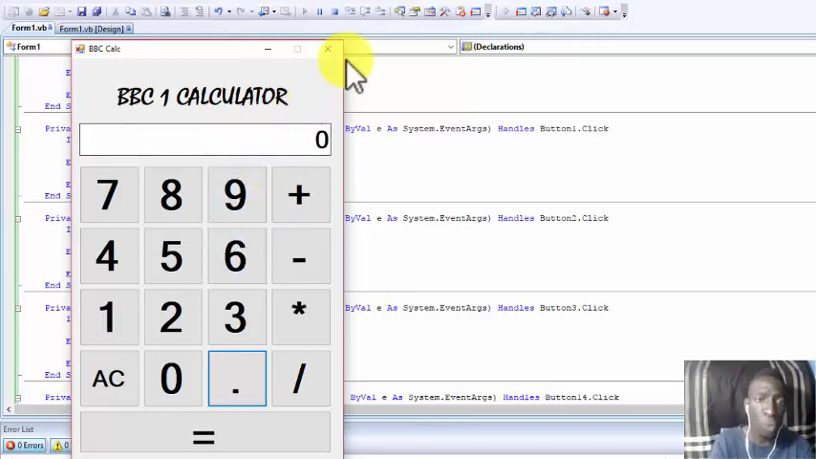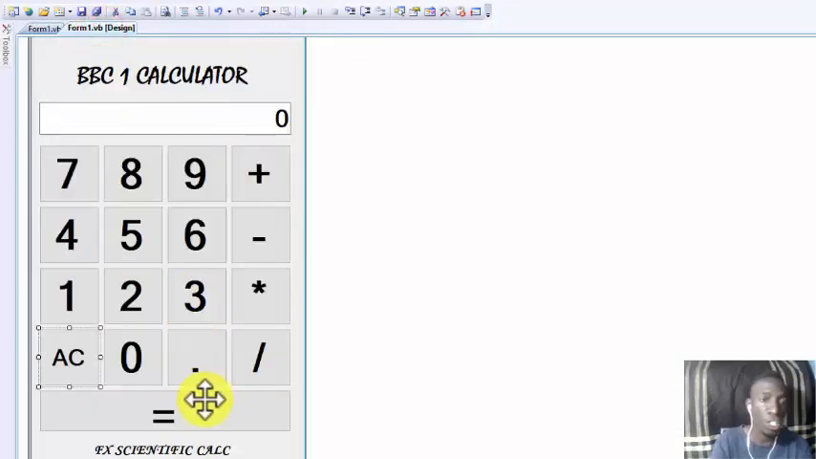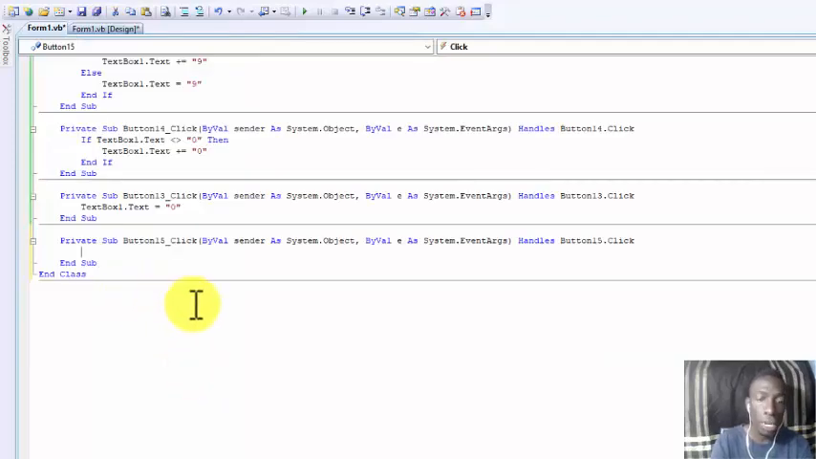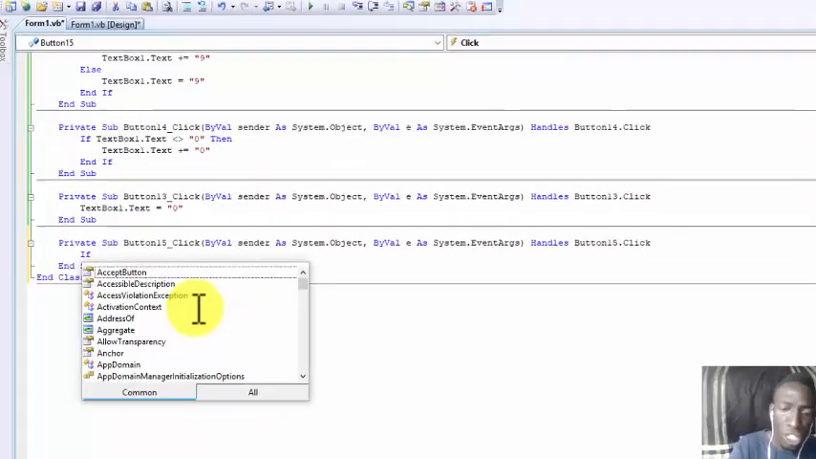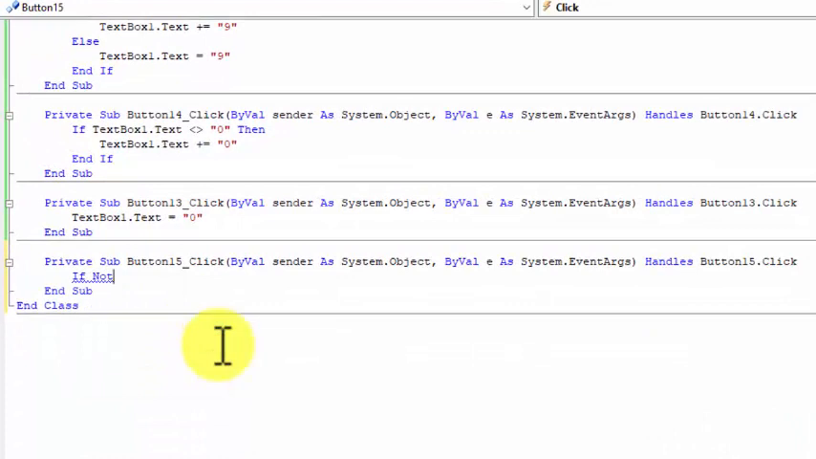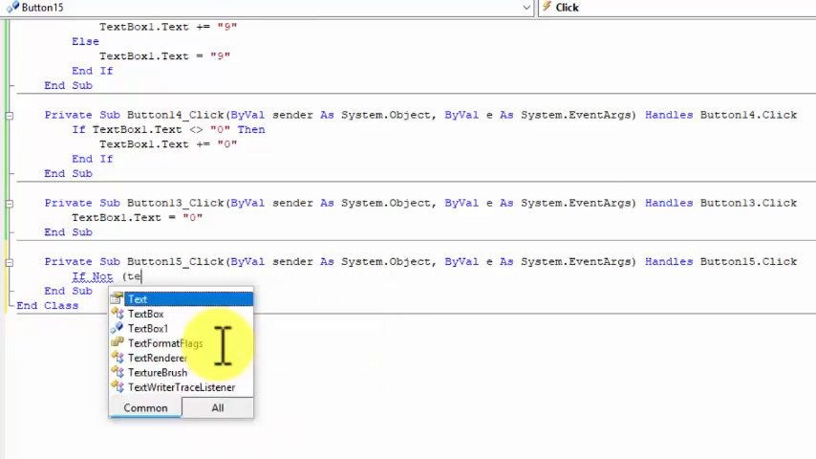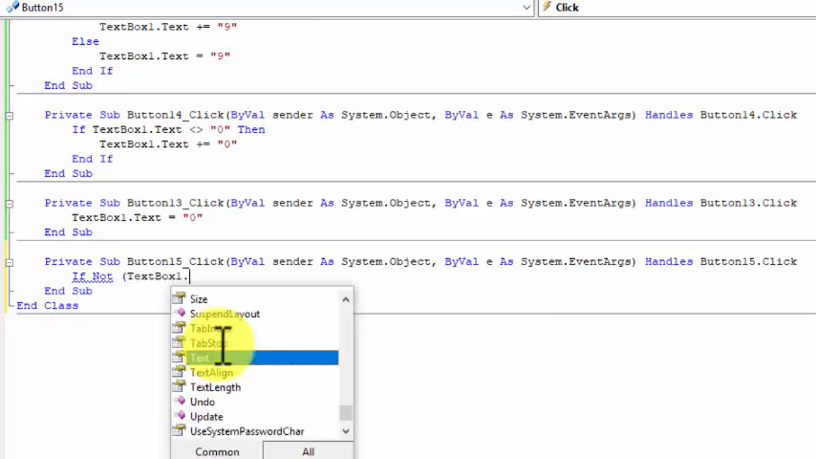So in this case, what do we need to do? We need to pass the if not function. So we double click on it to insert our code and we say if not. In this case we need to open a parenthesis, which are the brackets. So if not our text box, if not the number in the text box, if our text box dot text